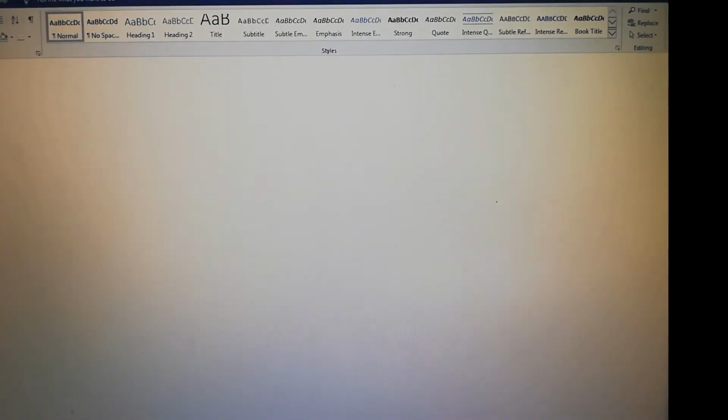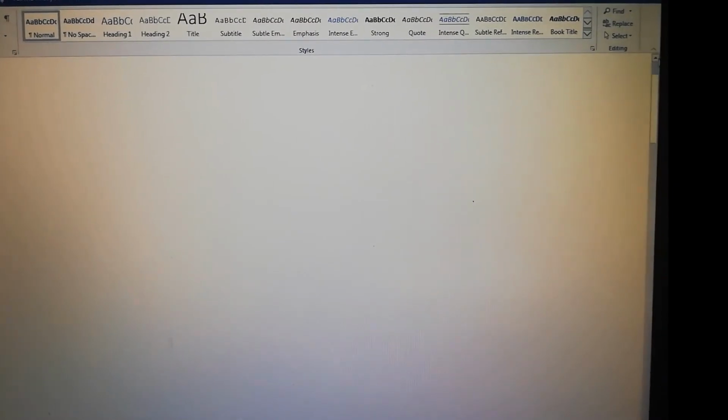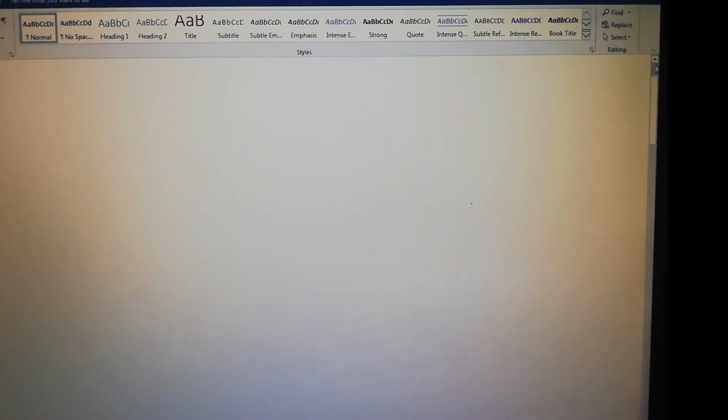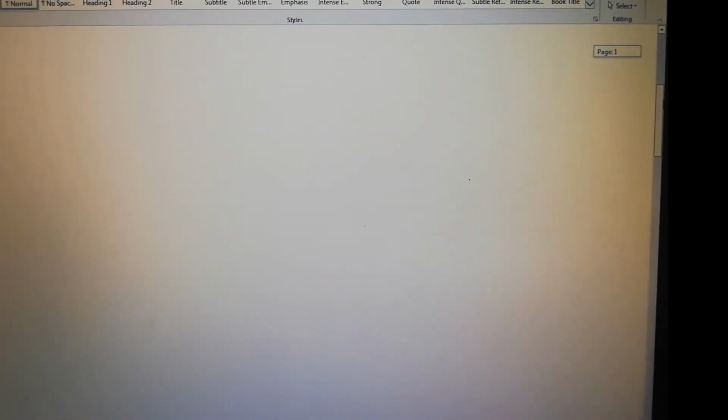Here you can see the desktop screen. I have opened the Word document software. Here you can see, click to move up. This is the arrow. Click to move up. This is the scroll bar, and it is the vertical scroll bar. Here is the arrow to move down.